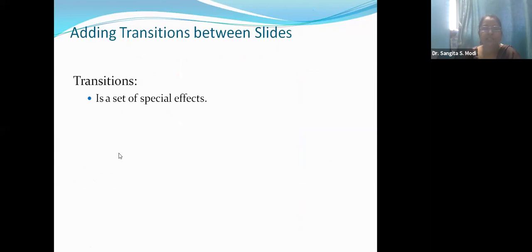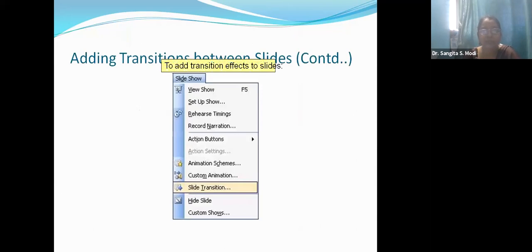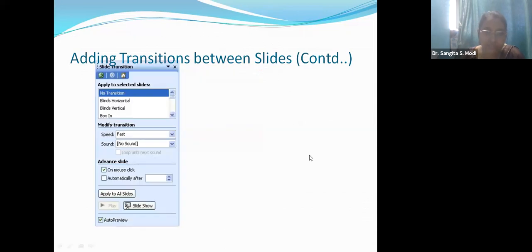Now adding transition. Transition means what? It is a set of special effects used to determine how a slide will change from one slide to the next. There are different types of effects that you can apply here. Click on slideshow first of all, and then click slide transition.